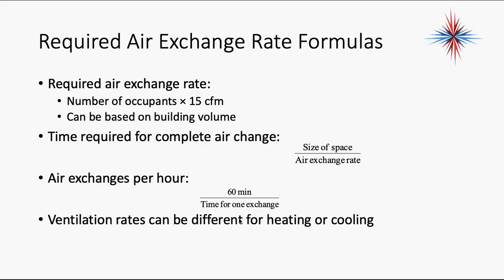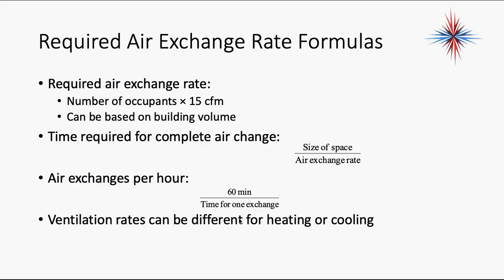How do we measure it? We do what's called a blower door test, okay? And we look for how much air can actually be pulled into the building, and I can get a true number. It can be based on building volume as well. In other words, how many cubic feet of air is in the building, and how much are we exchanging to the outside. But the rule of thumb for ventilation is number of occupants times 15 CFM. So 15 cubic feet of outside air has to be coming into a building for every person